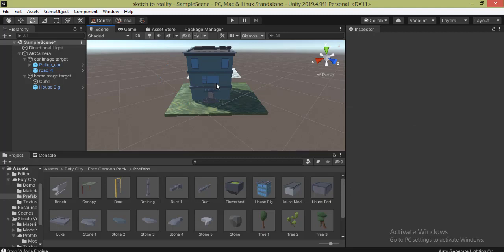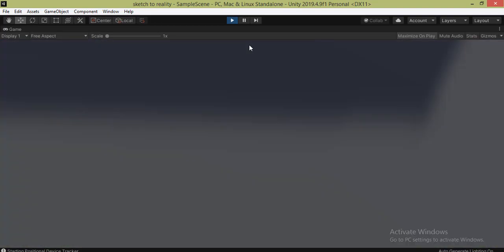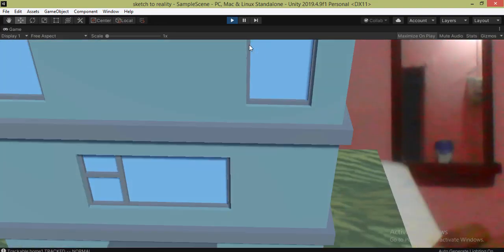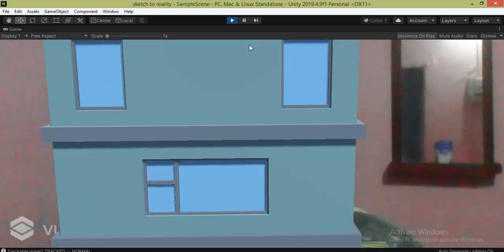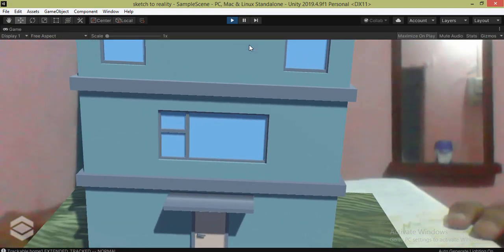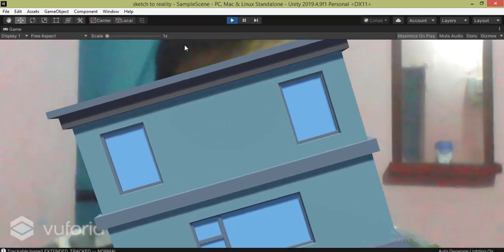Now I'm just going to test the output. For that again I just click on this play button. As I told you, this image has 2 rating only, so that's why it will take a little bit of time. Now you will see the image has appeared over it. Okay, I'm going to reduce the size a little bit more.